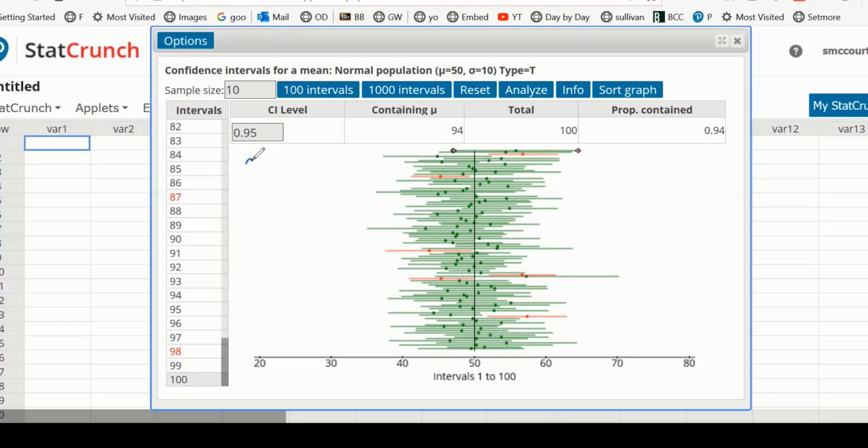The dot in these lines is your X bar. It's your sample mean, and you've made a confidence interval for each one. So if I zero in on one in particular,